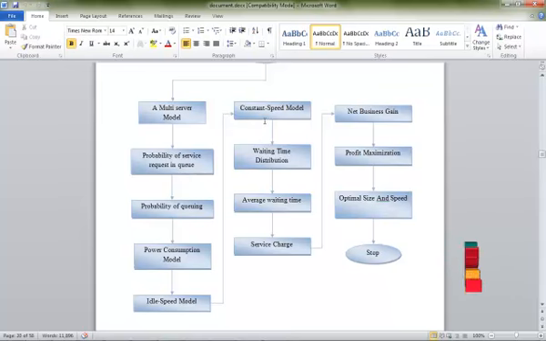The construction speed model is nothing but the separation of the data being received. Waiting time distribution is nothing but the data receiving time for every server being included. In this process, the time every server waits for the data receiving time is calculated. The average waiting time calculation, the service charge: every server charges for